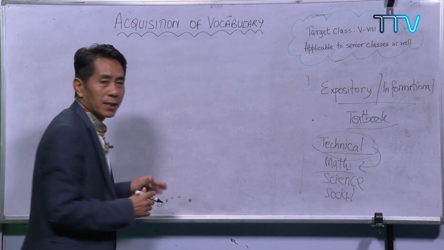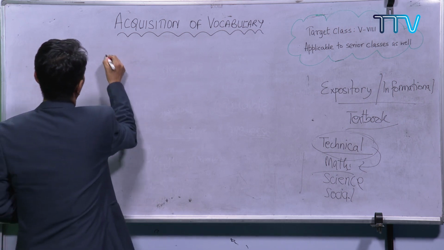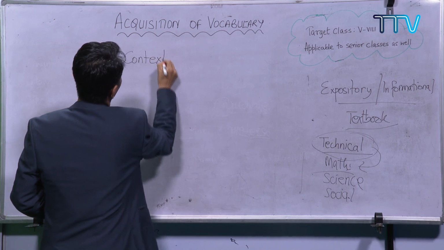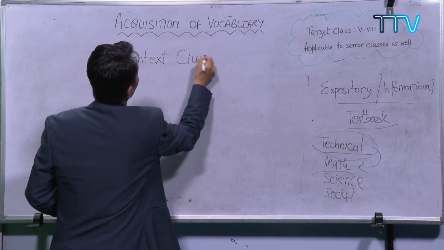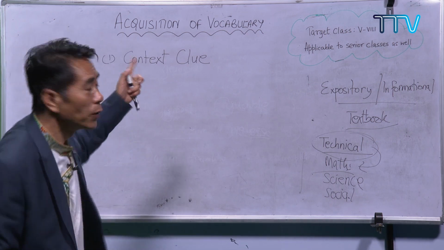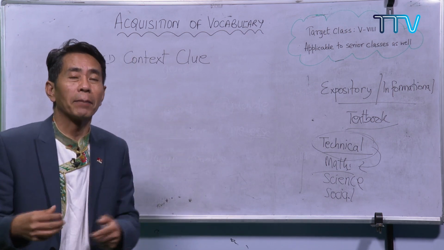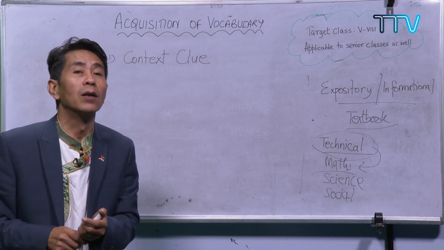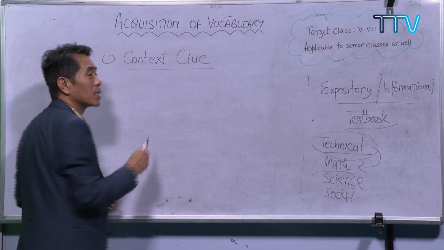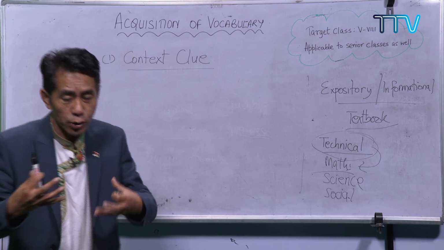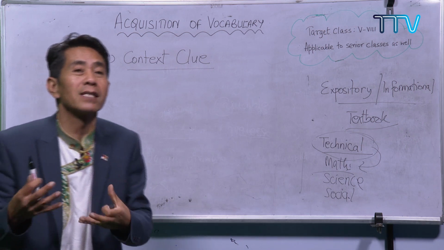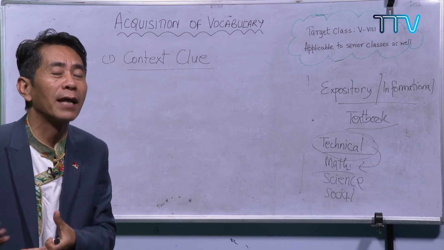Now coming back to my session. In the first session, we talked about context clues. That is the strategy. These context clues help us decode the meaning of words. I told you the writers are good writers. Whenever they introduce a new word, they will try to give us a clue, a hint of the meaning of that new word.